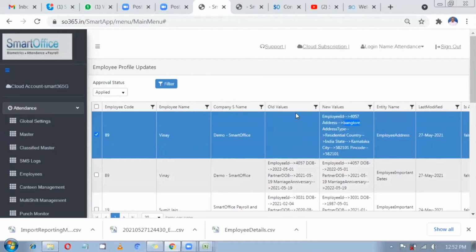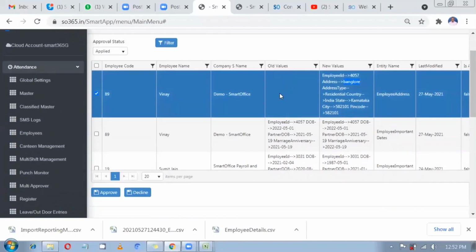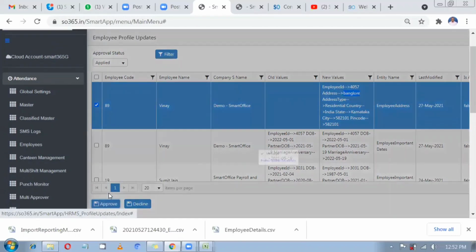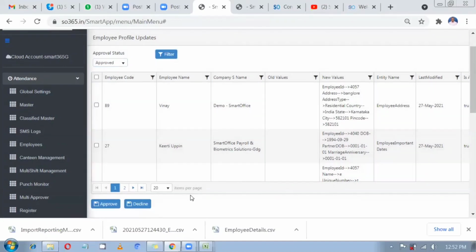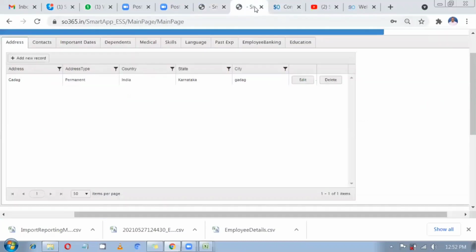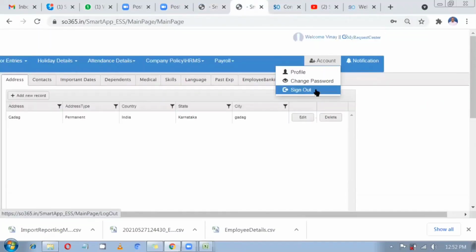Once the reporting manager approves it, then only it will be shown in the employee profile. Okay, so this is a kind of authentication, I can call it. Knowingly or unknowingly, I cannot create my profile blindly. So it has to be authenticated. So we have the reporting manager approval. Once I click on approve, then only it will be displayed. You can check here status, approved list, declined list. See, all these things are approved. So then only it will be shown in the employee self-service.